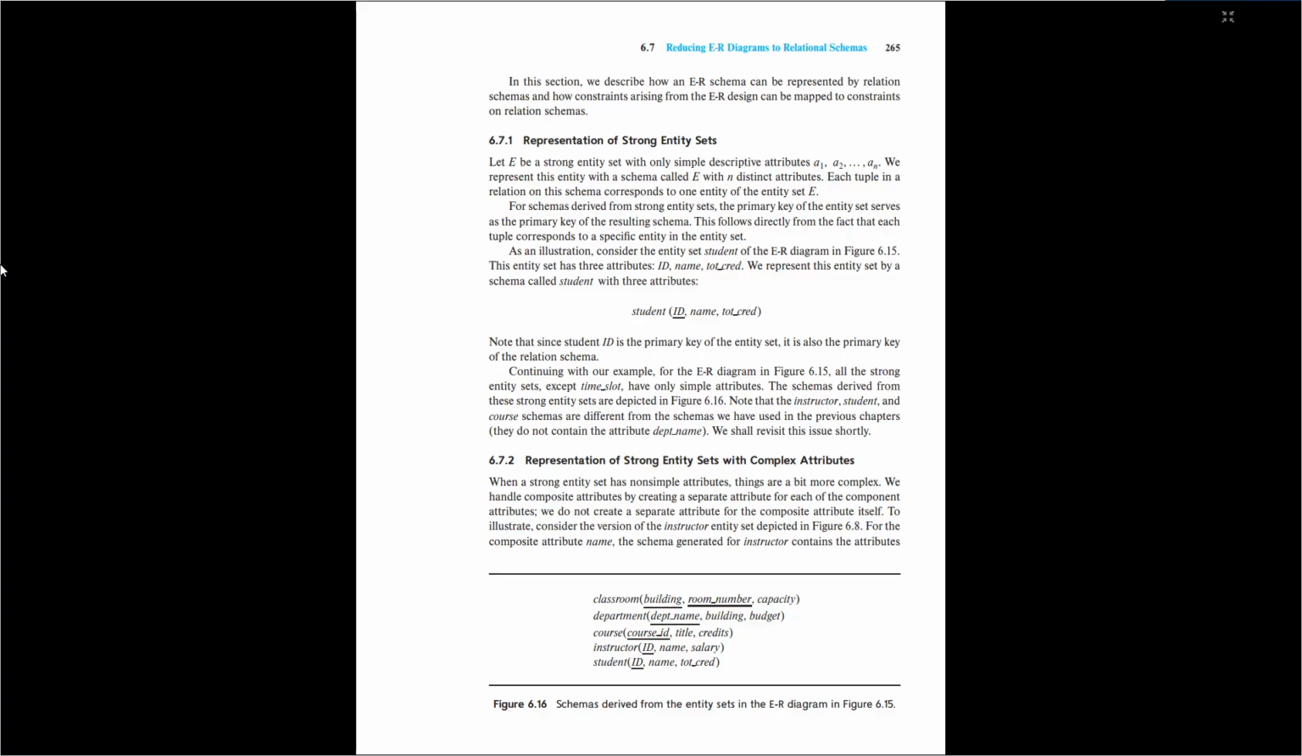As an illustration, consider the entity set student of the ER diagram in figure 6.15. This entity set has three attributes: ID, name, and tot_cred. We represent this entity set by a schema called student with three attributes: ID, name, tot_cred. Note that since student ID is the primary key of the entity set, it is also the primary key of